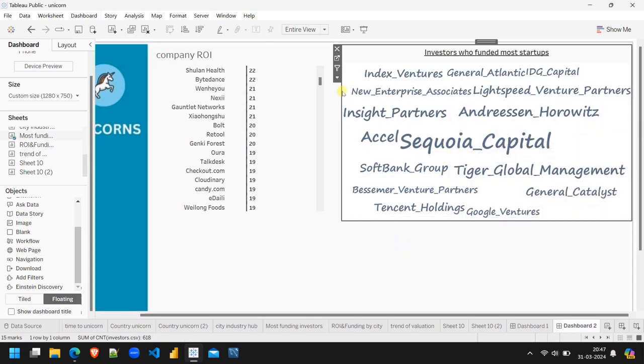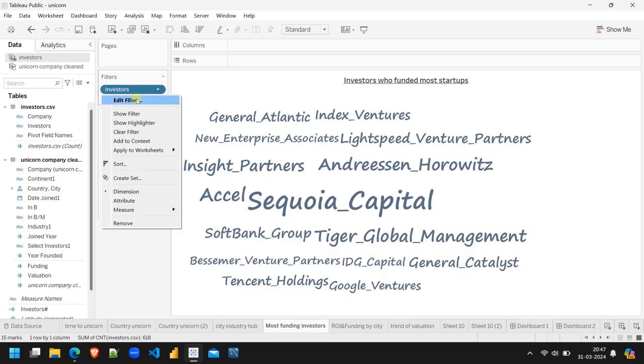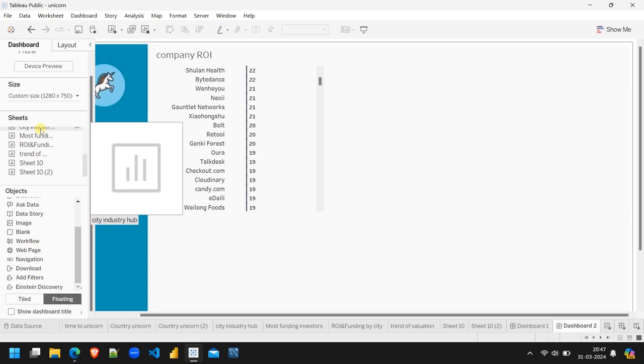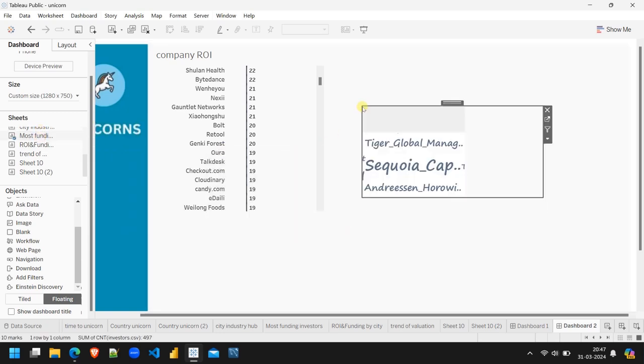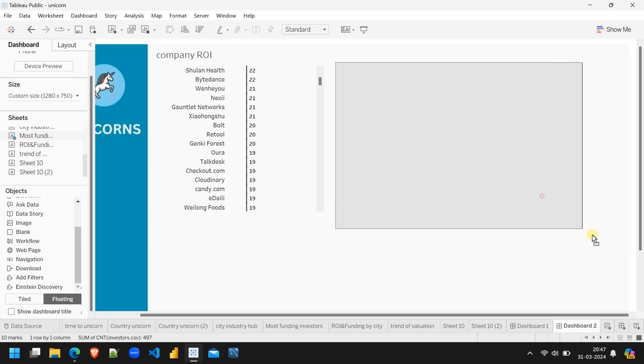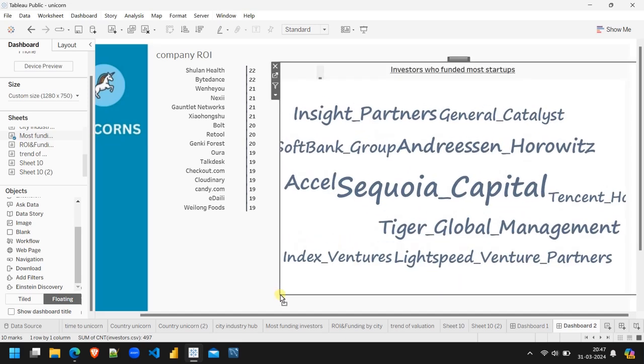This is more, we can take fewer values. So here we will edit the filter, and let's see how much we have taken. 15, we will take 10. This is going to take the entire page to itself. If I make it to entire view,